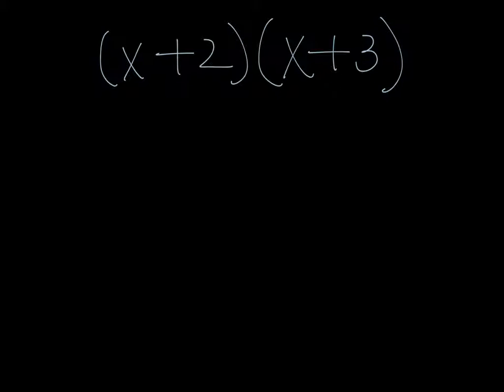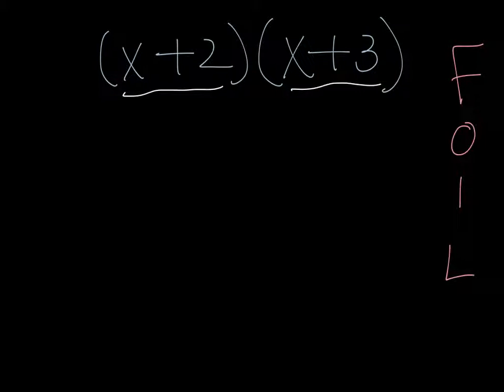Alright, now we're ready to move on to a binomial times a binomial. So when you're multiplying a binomial times a binomial, the key is you have to take everything in this first parentheses times everything in the second parentheses, and then we have to look and see if there's anything that we can combine. Now, there's a real organized way to do this, and we're going to do this by doing something called FOIL. So FOIL is a mnemonic,